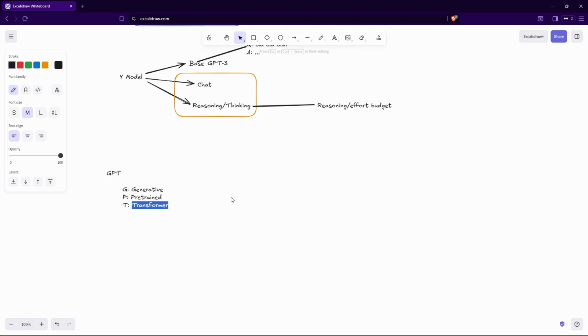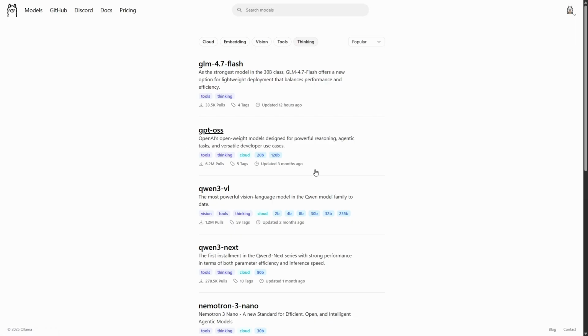We also spoke about the importance of parameters on models. Okay, and that was a big one. So let me go maybe to Ollama. Okay, and you see this 20B, 120B, 2B, 4B, and so on. Okay, so this indicates the number of parameters that this model has. Okay,